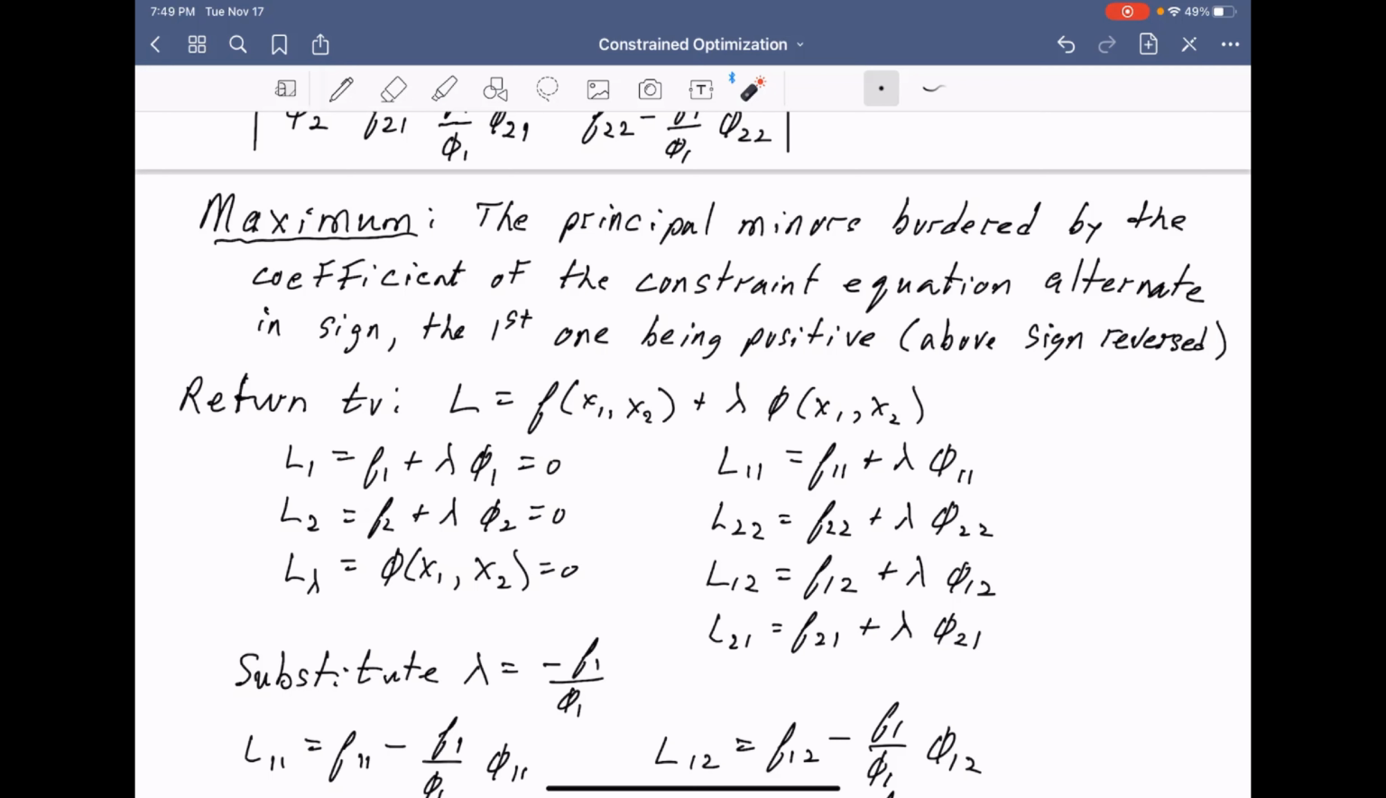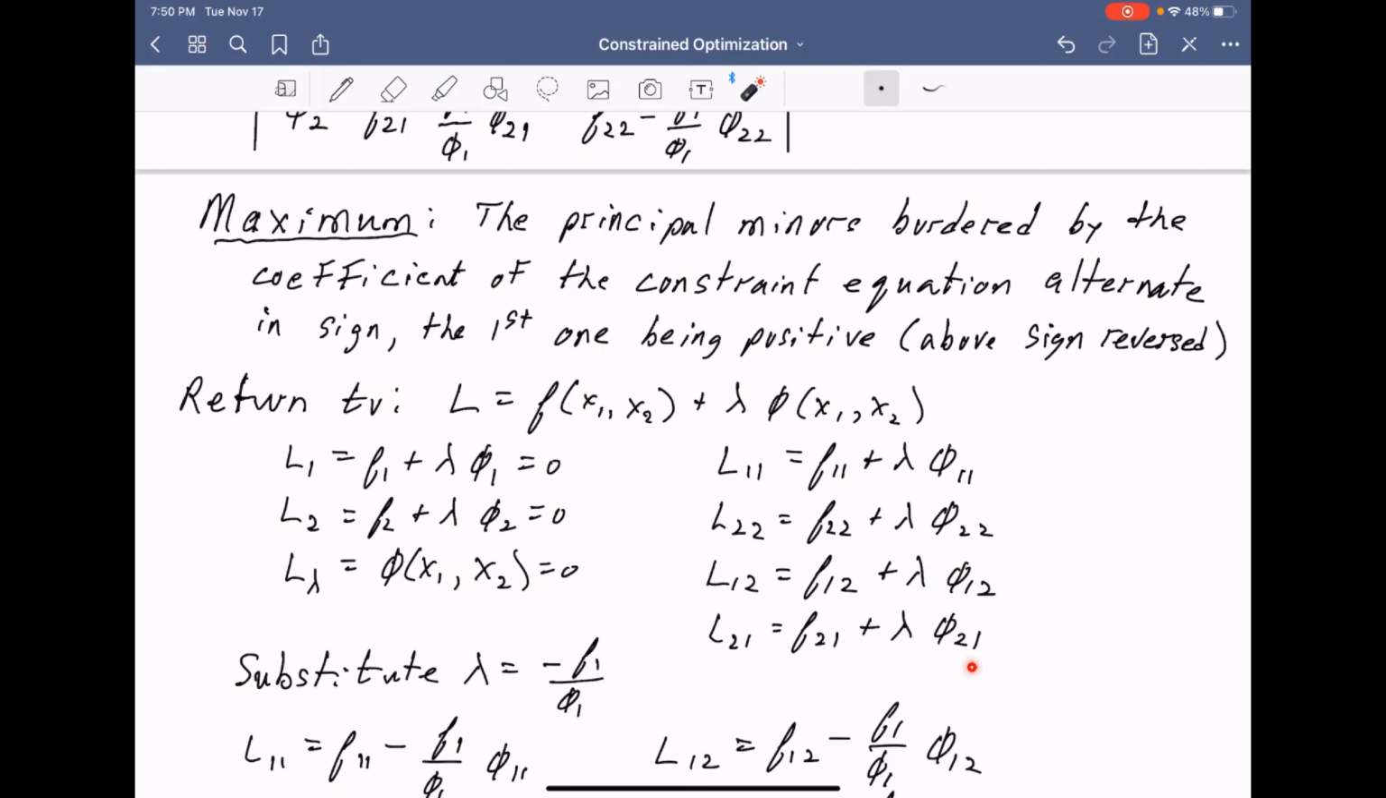So if we look at this one, f11 plus lambda phi 11, same thing for the Lagrangian second derivative, partial derivative of the Lagrangian with respect to x2. We get f22 plus lambda phi 22, and then we get these results here. If we take first this one and take the derivative with respect to this particular function, we take it with respect to x2, we get f12 plus lambda times phi 12,